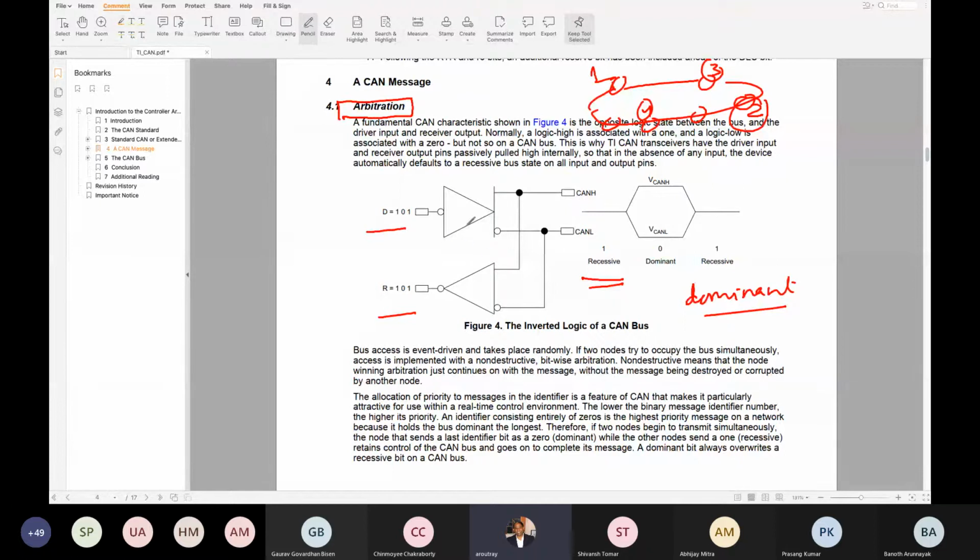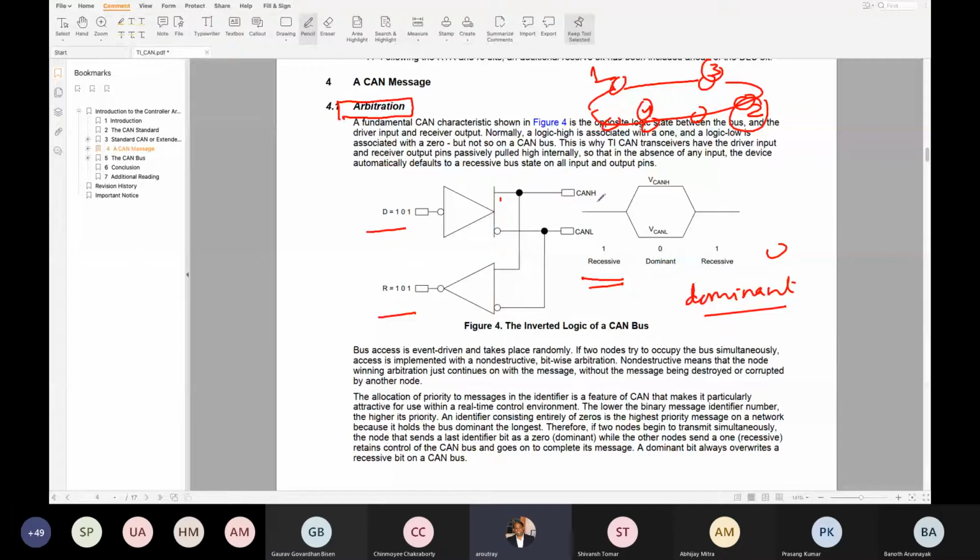Suppose this is 1 and this is 0. When you make it 0, automatically both of them become 0. So 0 is dominant here, because if somebody is pulling down the CAN bus, it will become 0.